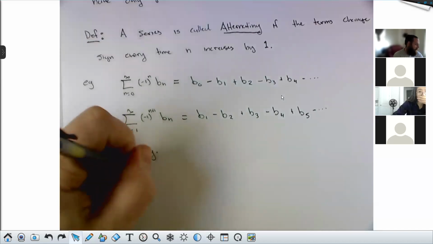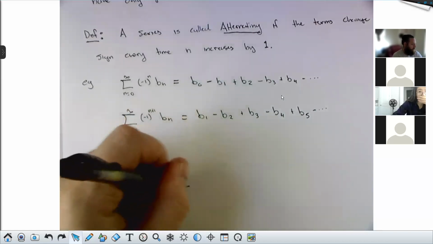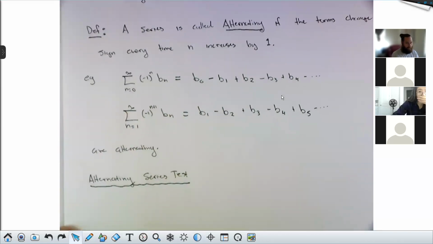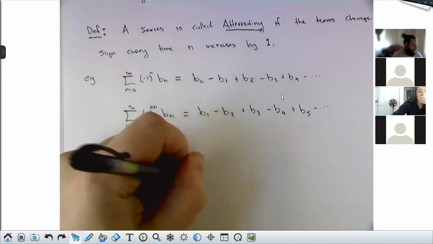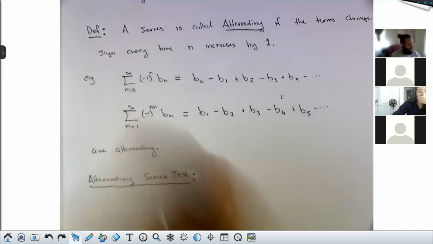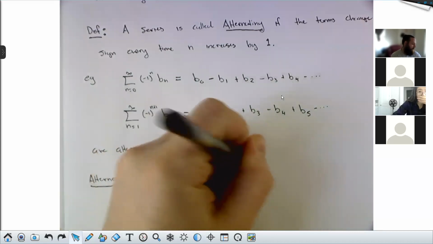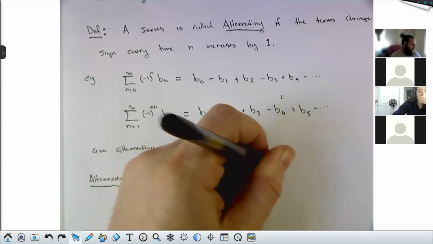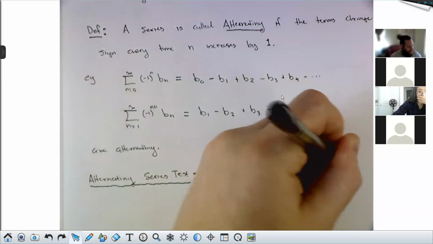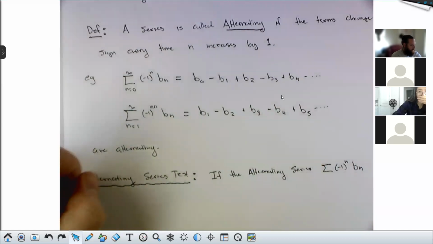This is called the alternating series test. And if you have a special place in your notes for convergence tests, this is the next one you need to write down. If you're making flashcards for your convergence tests, you need to make a flashcard for this. It says if the alternating series, and I'm just going to write it like that first way, sigma (-1)^n times bn, satisfies